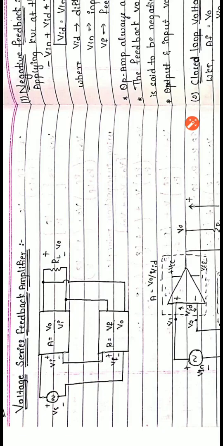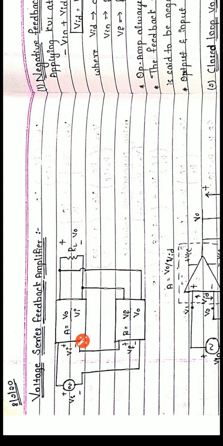We'll start with the first topic, voltage series feedback amplifier. So here, this is a non-inverting amplifier. In that, what it consists of, this is a basic amplifier, this is a feedback network. So this is a feedback topology which was already discussed in module 3, where Vi is the input signal,